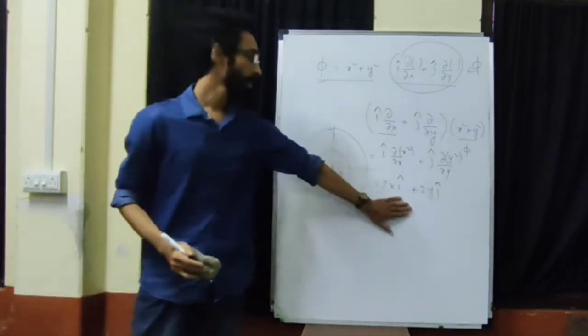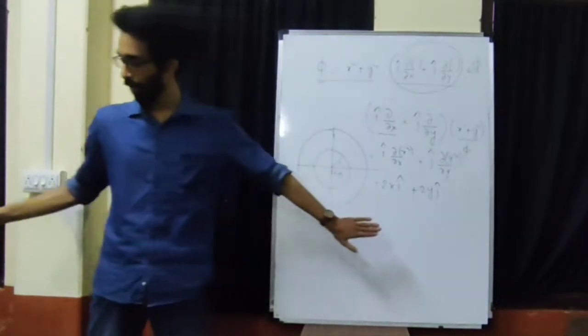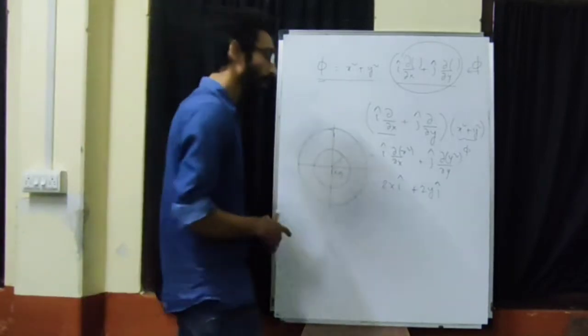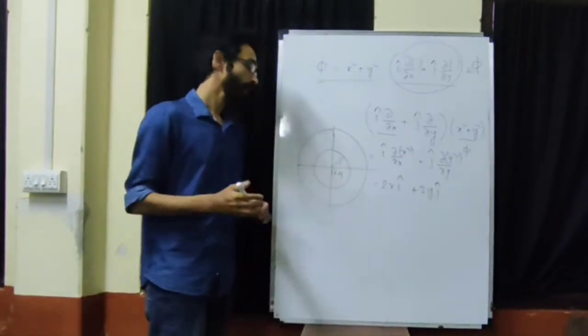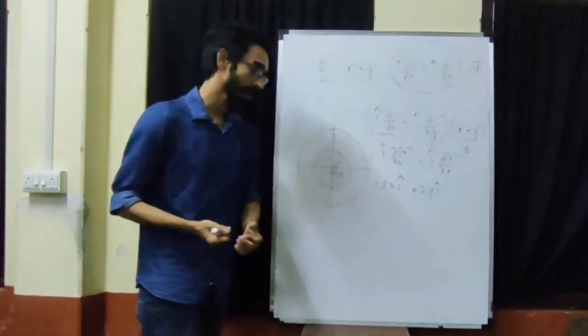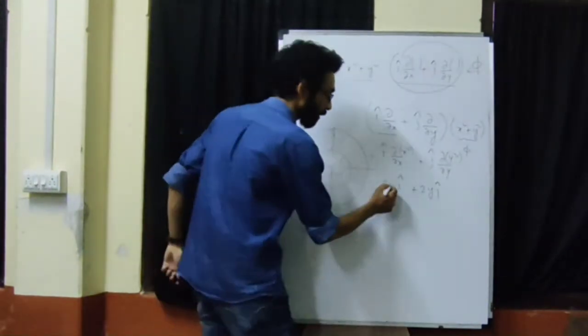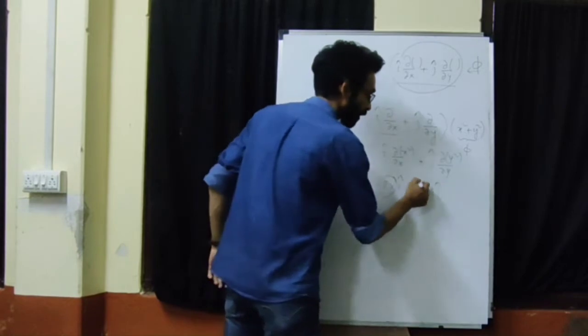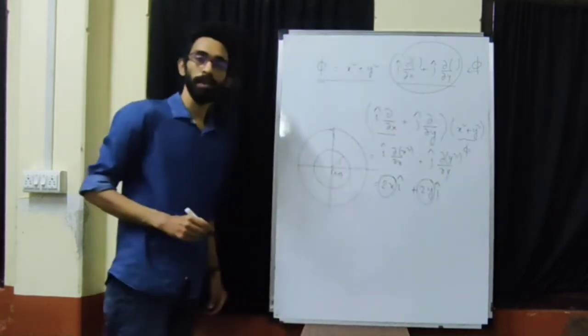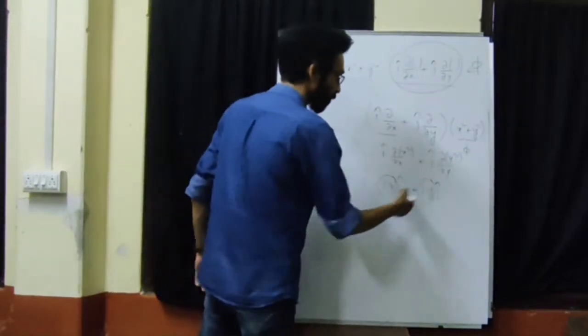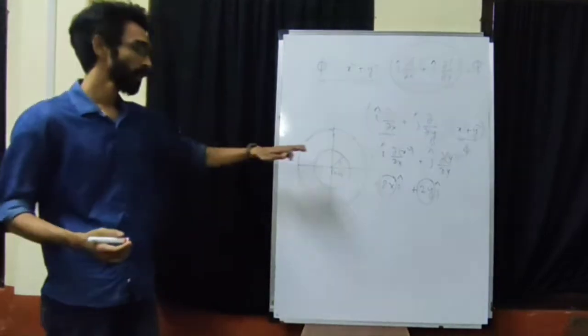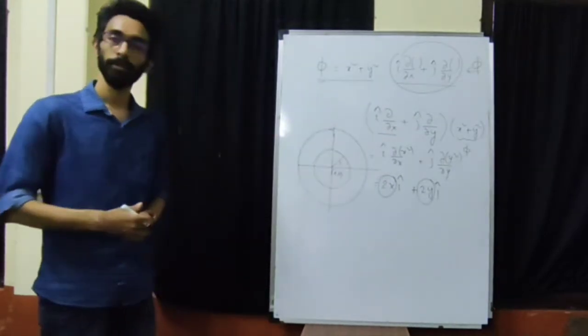Now what is this? This is a vector quantity. Rather, this is a vector field. The difference between a vector field and an ordinary vector is that an ordinary vector has constant components. But here the x component is a variable quantity, and the y component is also a variable quantity. Depending on the coordinates of the points, we'll get different vectors.